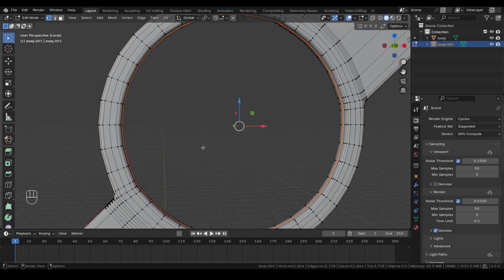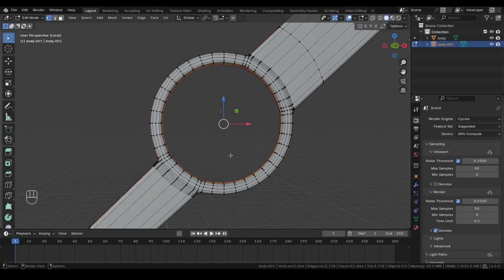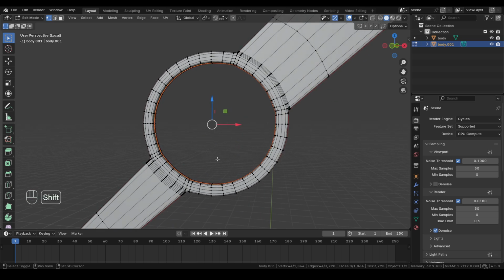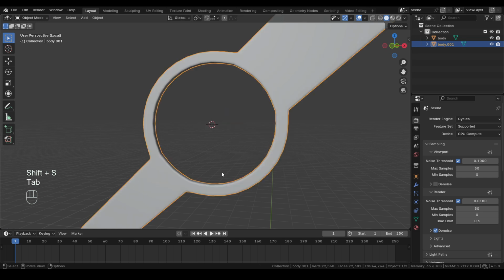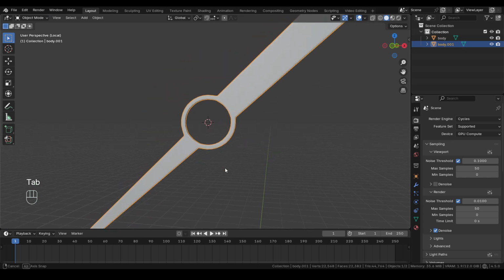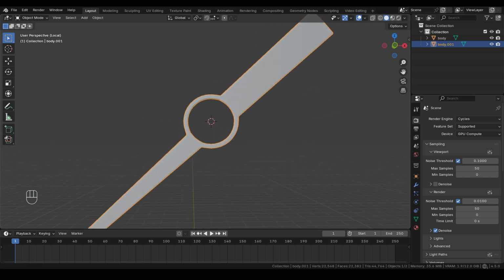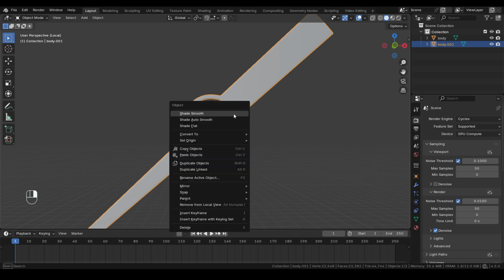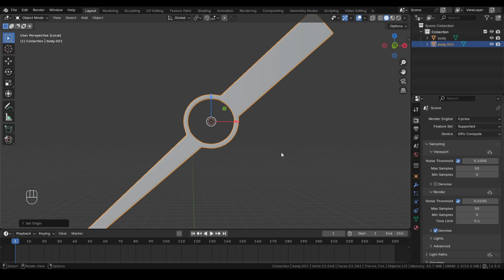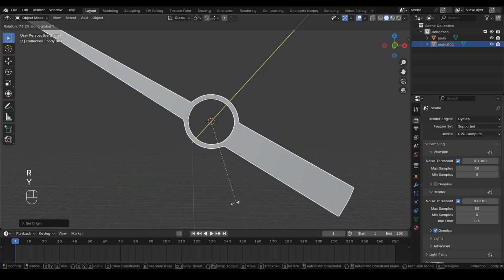the inner ring of vertices of the pin. I do this by pressing Alt and clicking on an edge of the ring I want. Once that selection is made, I move the 3D cursor there with Shift-S and the cursor to selected option. In object mode, I perform the Set Origin to 3D cursor operation. Now the needle can correctly rotate around its pin.